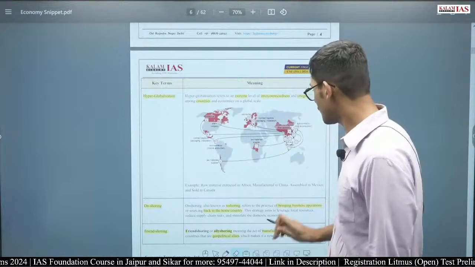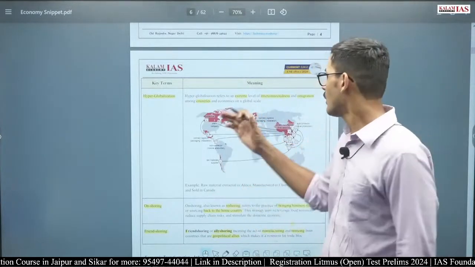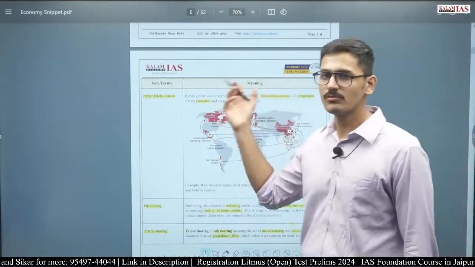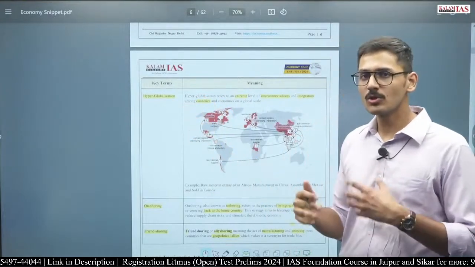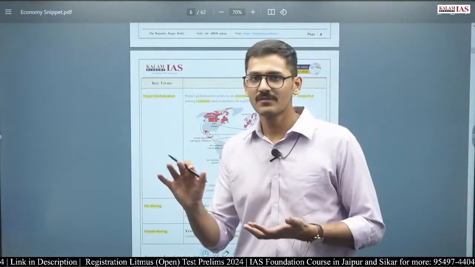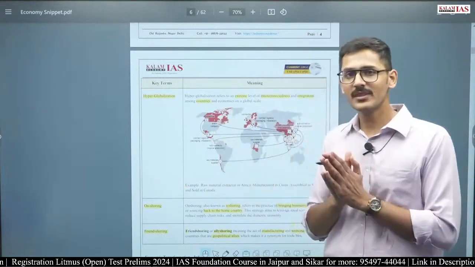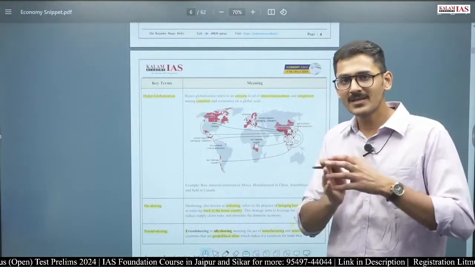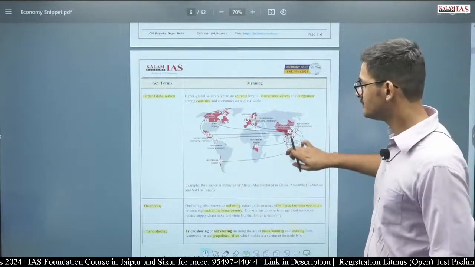So this is what hyperglobalization means. Hyperglobalization: an extreme level of interconnectedness and integration among countries. Now you do not have to ratify this particular definition, because you are not going to be asked in the UPSC Prelims what the definition is. What you need is just an understanding of what hyperglobalization means: when the production process or the value chain of a particular product is distributed across countries, across economies around the world.